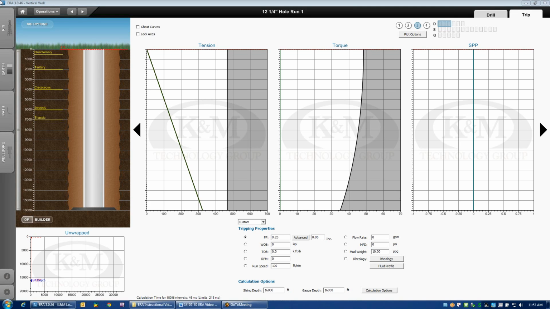And if I was to look at the driller's view plots of tension and torque for this well, you would notice when I'm not rotating, there's no torsional load. Even if I was rotating, there would not be a torsional load since it is perfectly vertical. But you notice on the driller's view plot, we've got the tensile load in green and then the limit curve in black. And that's actually the maximum allowable tension that the driller could see without exceeding the design factor limit